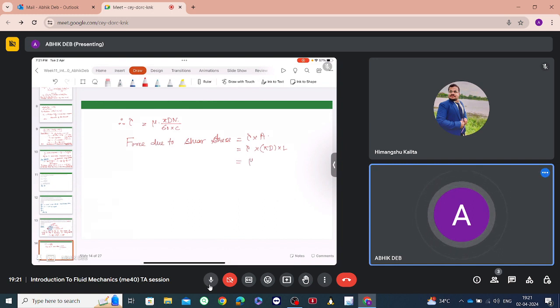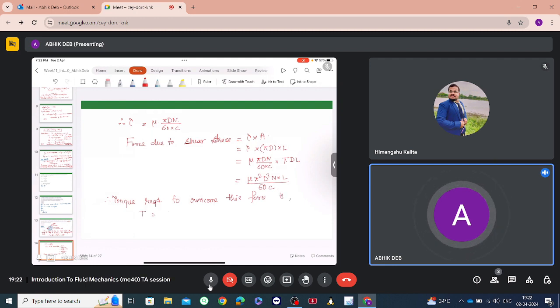Tau is mu into pi dn by 60 c, and this is multiplied by pi dL. So this comes out as mu pi squared d squared n L by 60c. And therefore the torque required to overcome this force is